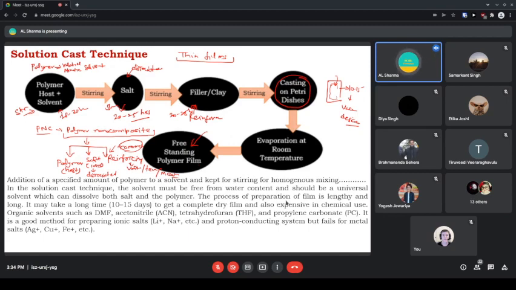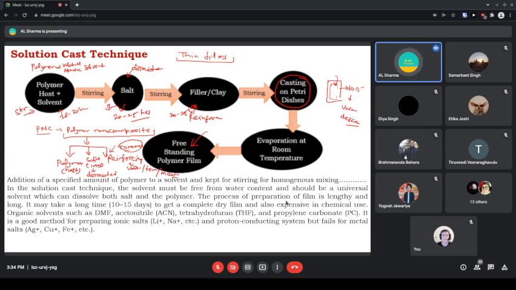If you take an example, you can see here the addition of a specified amount of polymer to solvent, kept for stirring for homogeneous mixing. In the solution cast technique, the solvent must be free from water content and should be a universal solvent which can dissolve both salt and polymer. The process of preparation of film is lengthy. It may take a long time, 10 to 15 days, to get a completely dry film, and it is also expensive in